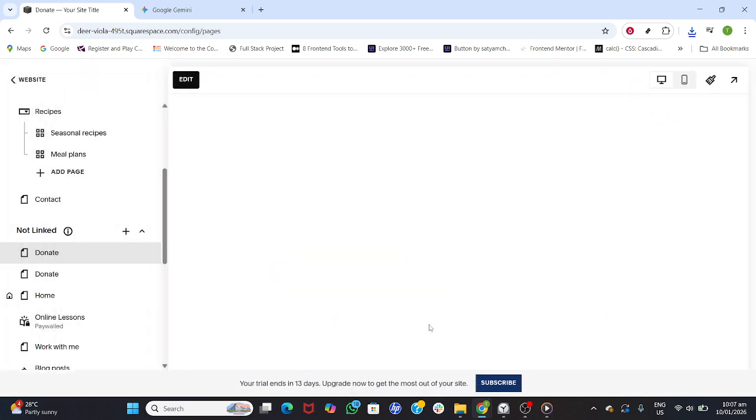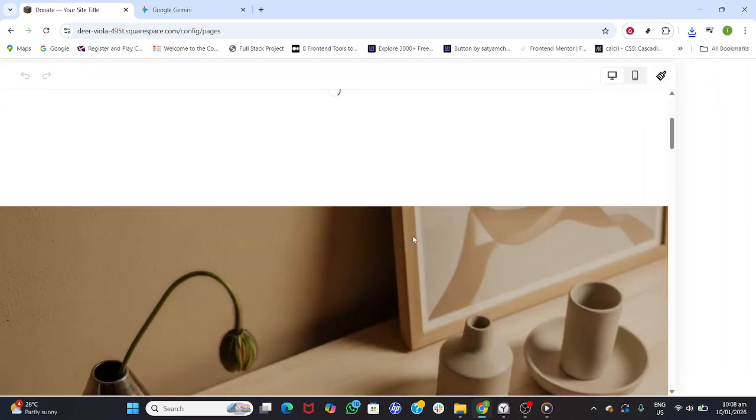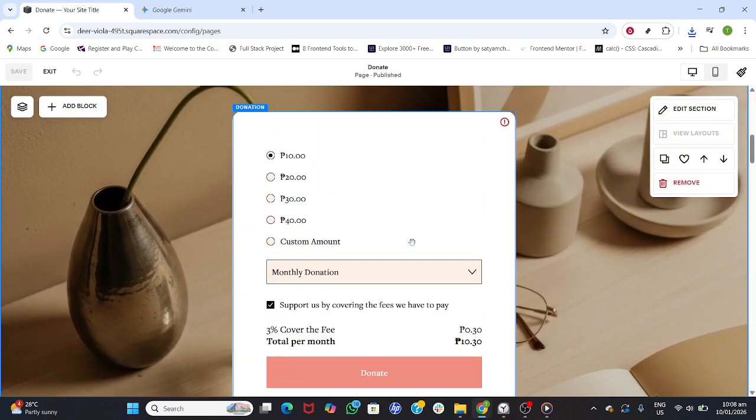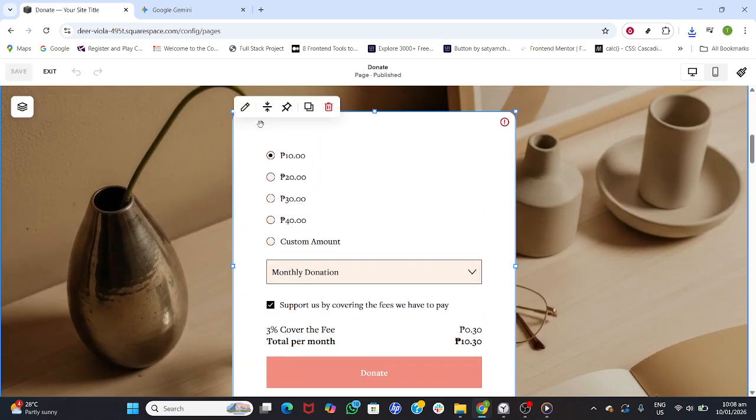Check the main call to action button. By default, it reads, Make a donation. Keep that wording or adjust it to match your brand voice. As you move through the editor, click the highlighted fields to customize headings, descriptions, and any helper text that appears